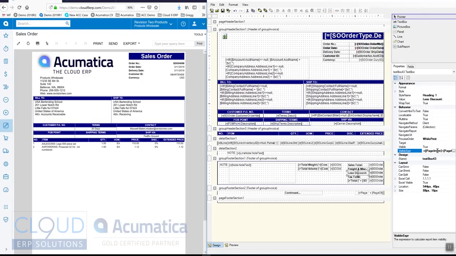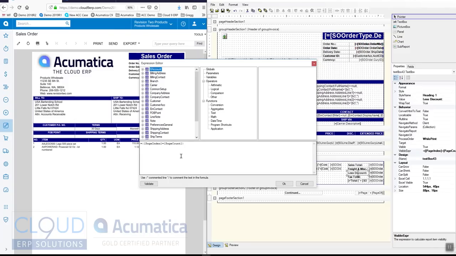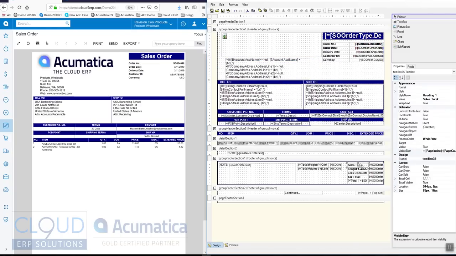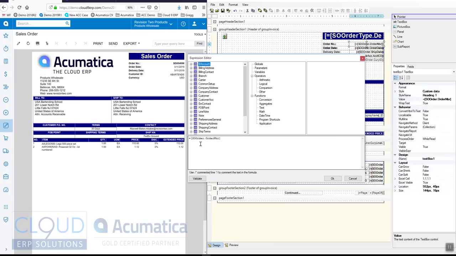So this is visible only if the page index equals the page count, meaning it only shows up on the last page. And you could see that about all these other fields too. They only show up on the last page, which makes sense. The other thing we can see if we move to the right of order number is a field that includes data from the database. So over here, the style name is heading 1, and here's the value that we're pulling out. So if we drill into this field, we can see a formula editor, and this one's as simple as it gets,